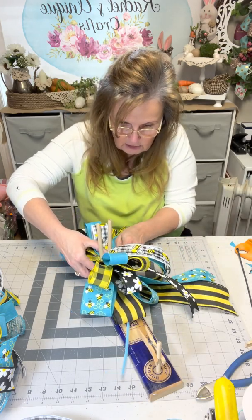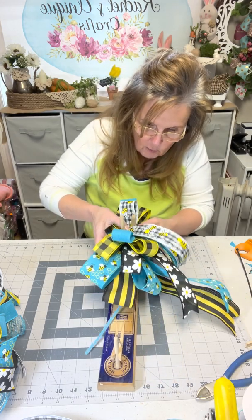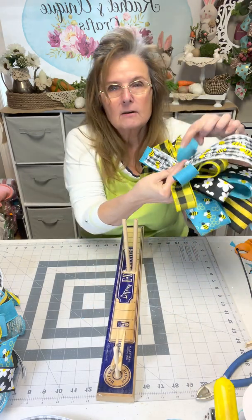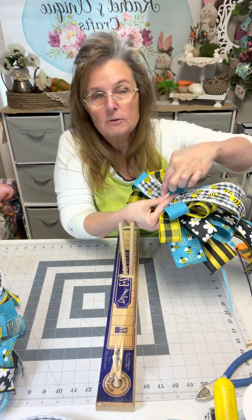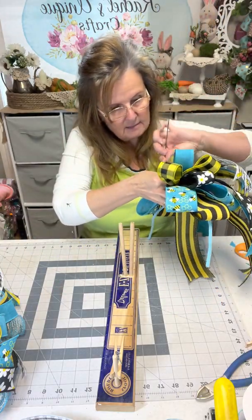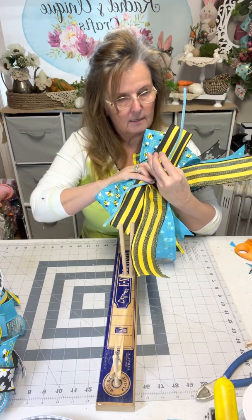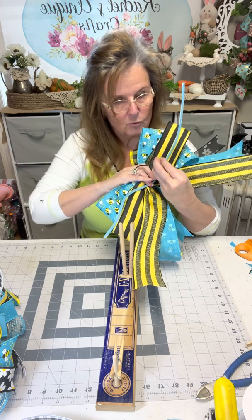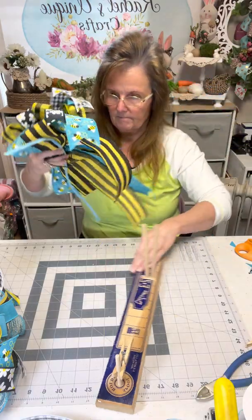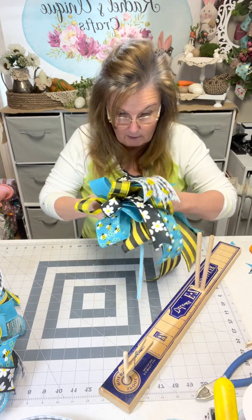That's held nice and snug. And so between these two dowels here, as you ease your bow up, I'm trying to hold it. I've got one finger on one side and my thumb on the other side. I've got it held on the bottom. I'm going to take my zip tie and go down between here, and it's in that crease of where the dowels were sitting. And if your zip ties cooperate,